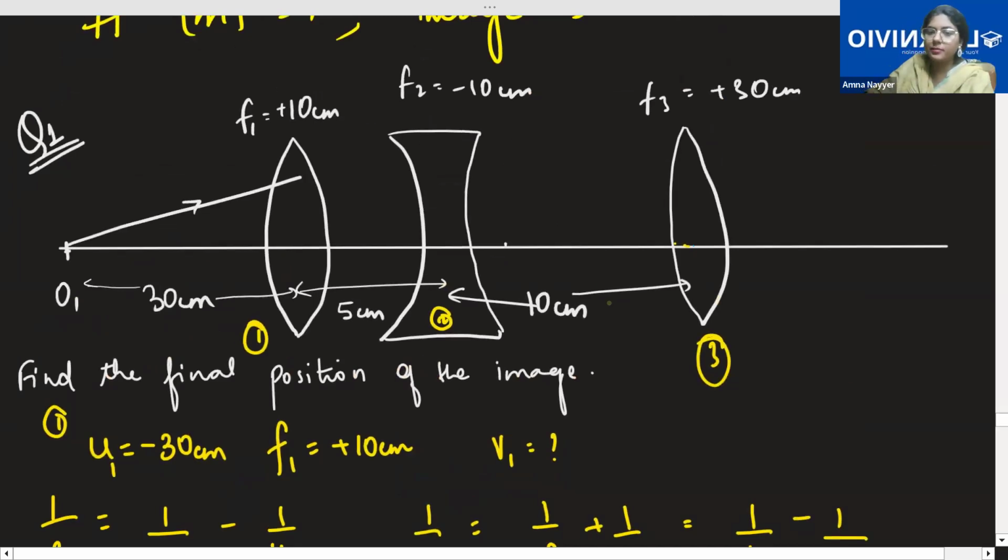It means where the first image would be formed. Can any one of you tell me where v1 will actually be found by looking at the figure and the rest of the dimensions that are given? We are getting 15 centimeters. Where do you think the image will be present? Tell me at least the landmark for it.